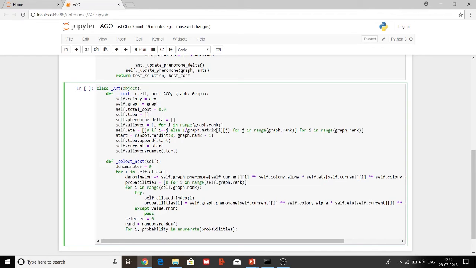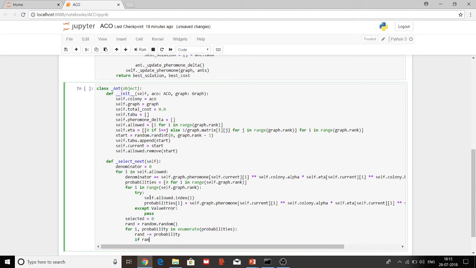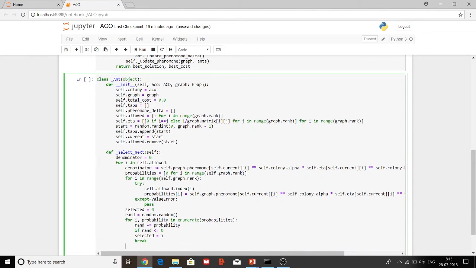So type rand minus equal to probability, if rand is less than or equal to 0: selected equal to i, then break. Type self.allowed.remove(selected),